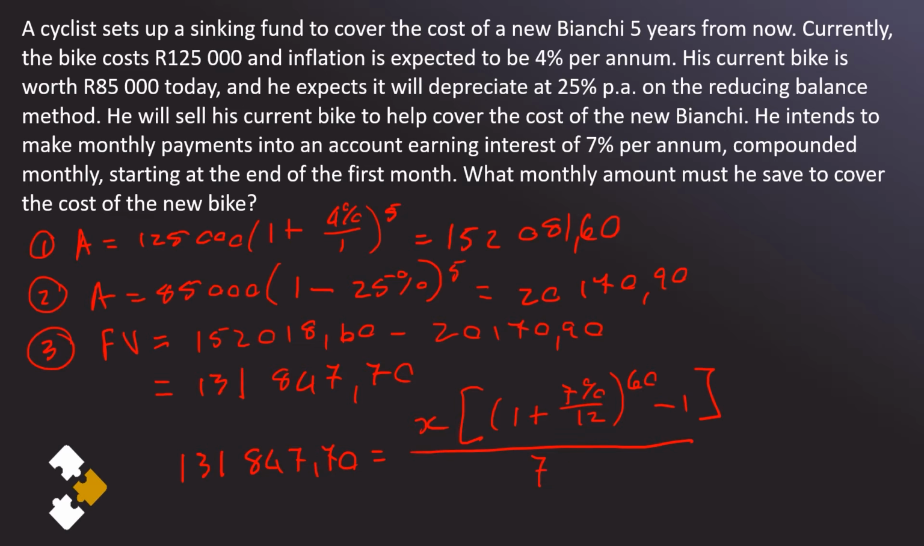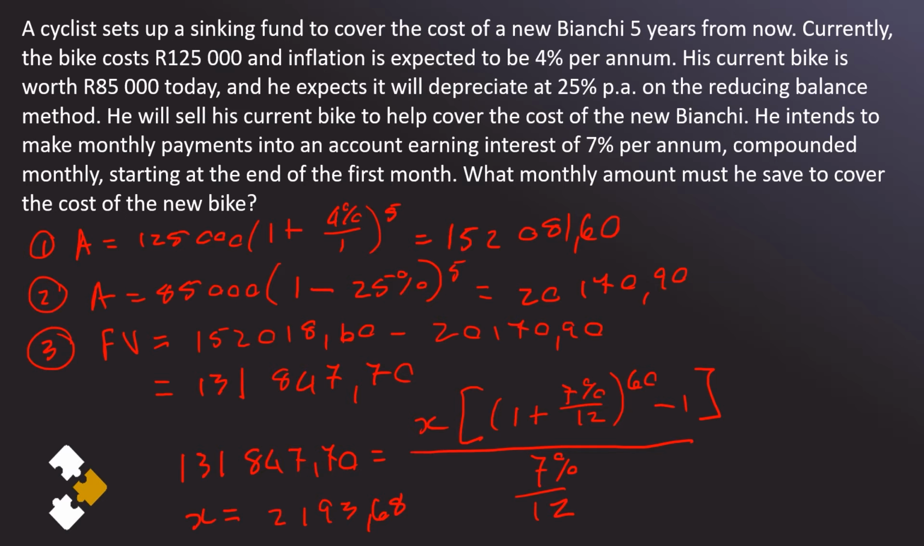Right? And then we've got to do that for 7% over 12, right? So let's then see what we end up with here. So you should then find that x here, the value, is going to be 2193.68. So that's what this cyclist needs to put away every month in order to be able to afford this